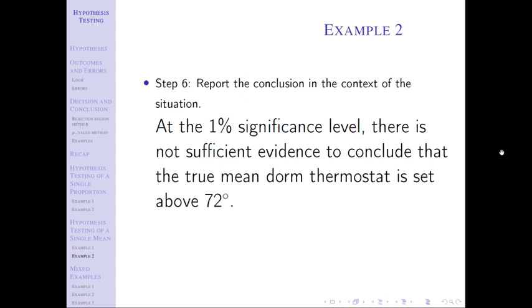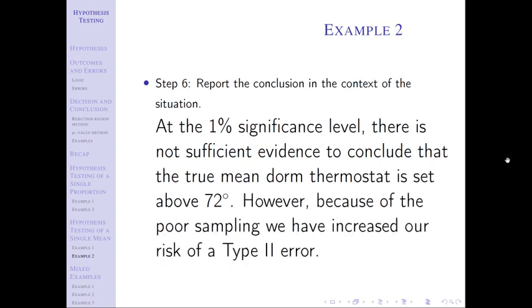And specifically, because we have some questionable assumptions on this problem, we can say we failed to reject, which means it's possible that we made a type 2 error. And specifically, because we have bad assumptions, it's probably actually more likely than we would have thought to make a type 2 error. And so I'm going to close off this problem with a note about that.